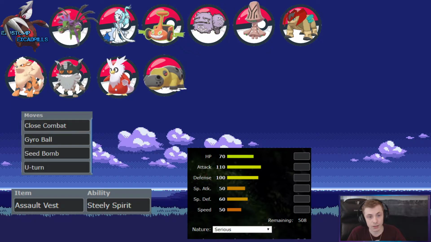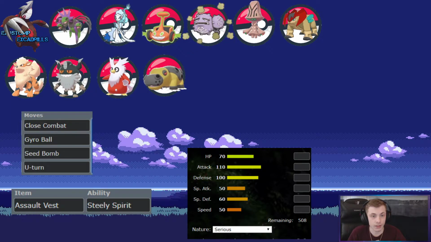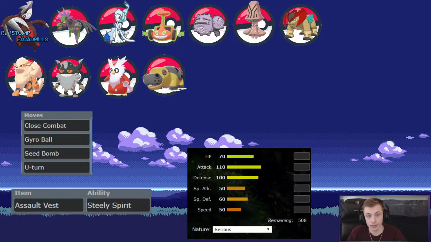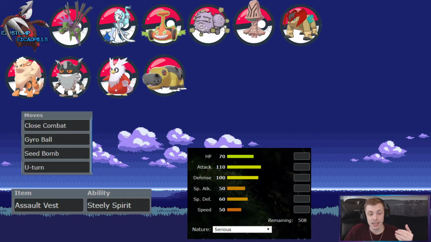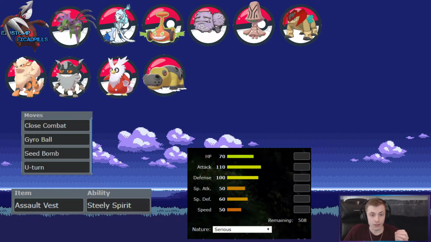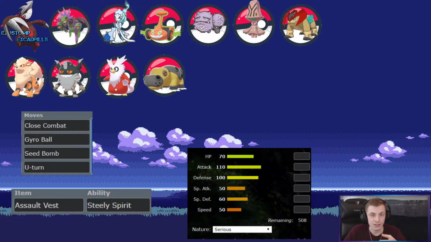Other moves that it learns, well, it was a normal type, so it does learn a lot of moves, so I would say if you're interested in it, definitely look up those, but it usually runs Assault Vest because it has so many good offensive moves and not too many